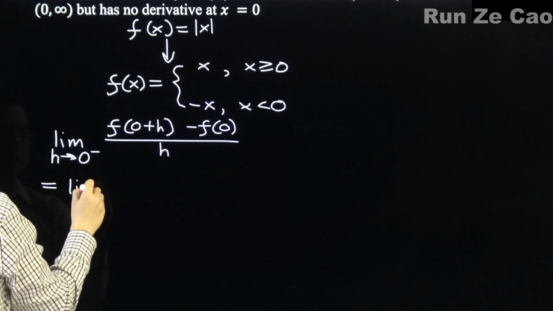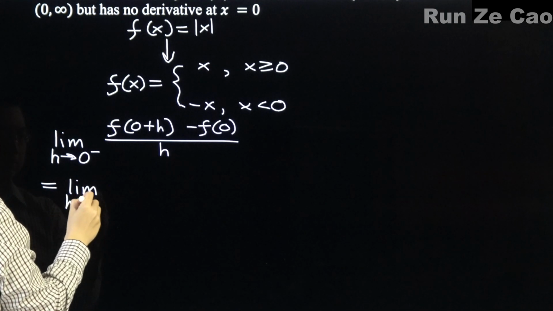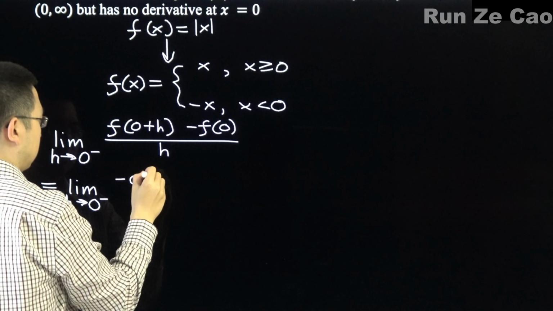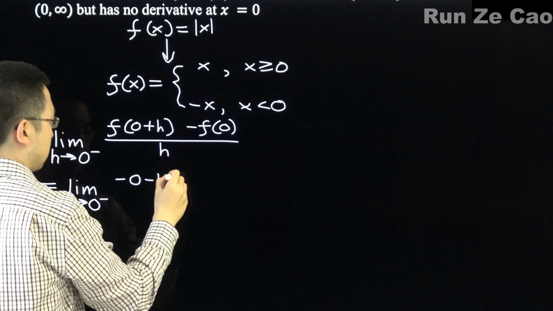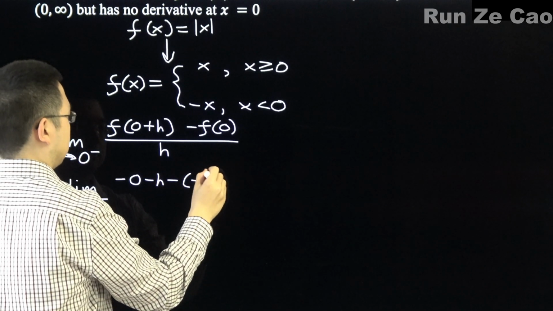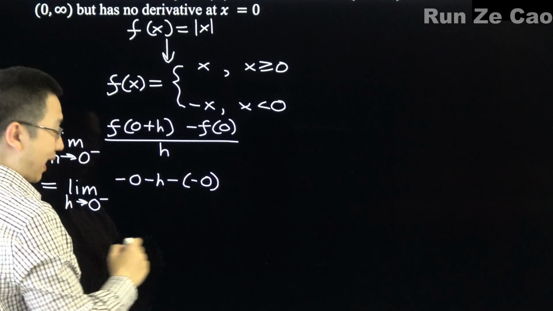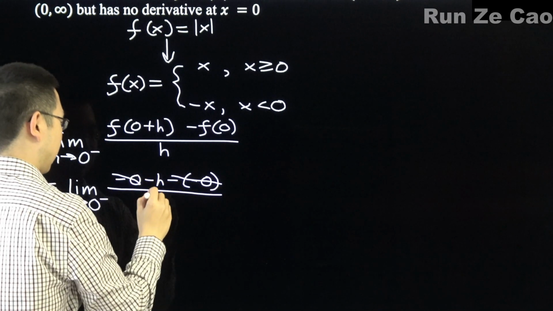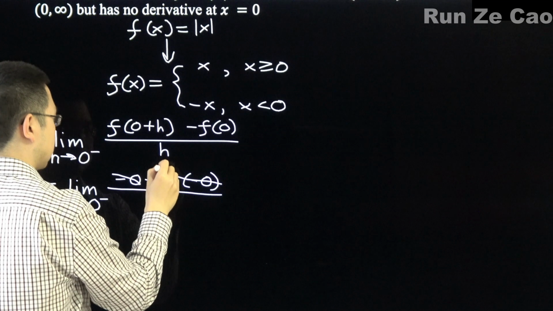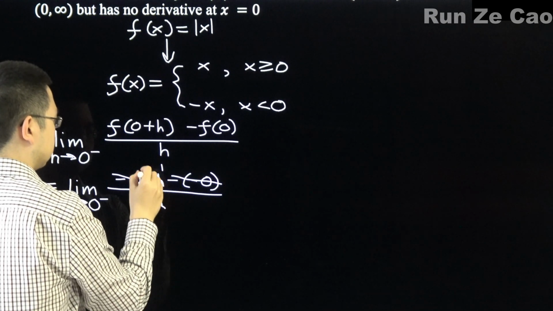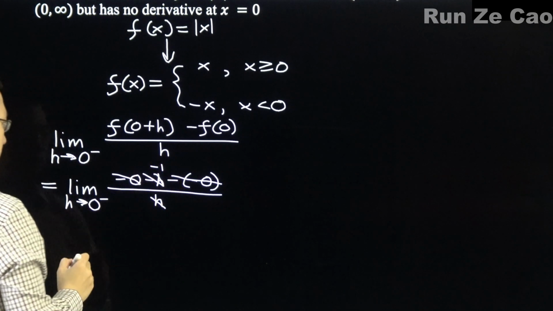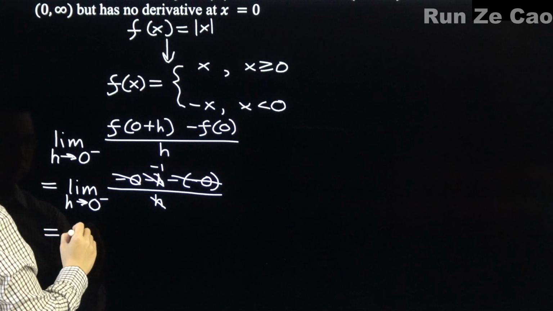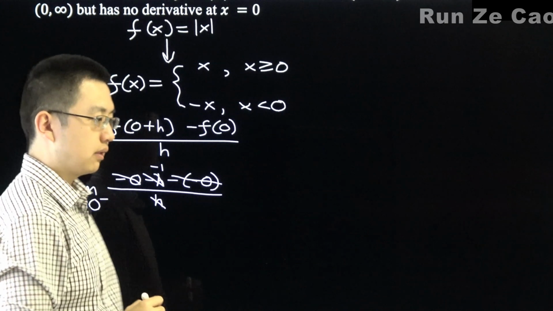So this is equal to the limit as h approaches 0 from the negative direction of negative 0 minus h minus negative 0. As we can see, these cross out nicely, and all over h, this cancels out to negative 1. So this is equal to negative 1. Okay,